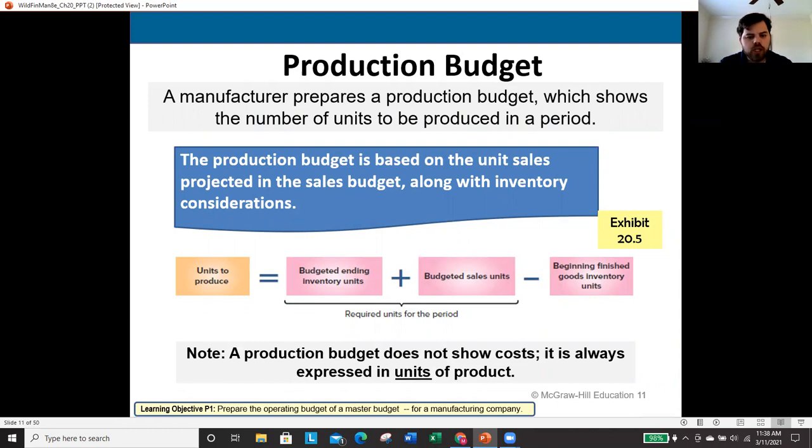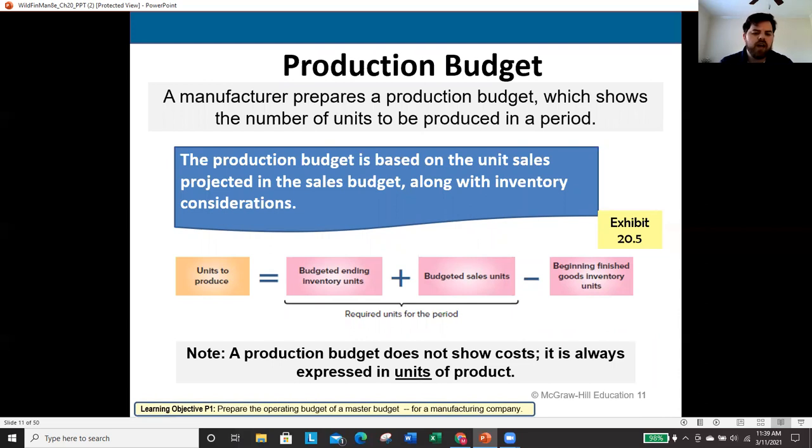Now, after we've done my sales budget, I can now do my production budget. With the production budget, it is important that this happens after the sales budget, because I need to schedule production to meet sales. I may build in a little bit extra in practice, but in here we're going to assume that production needs to match up with my sales.